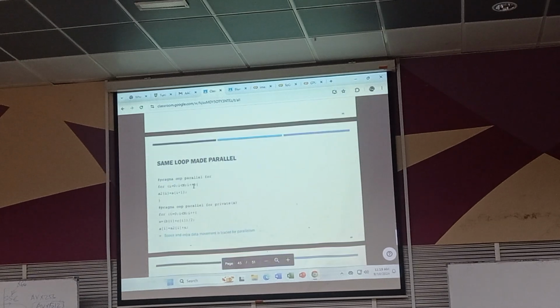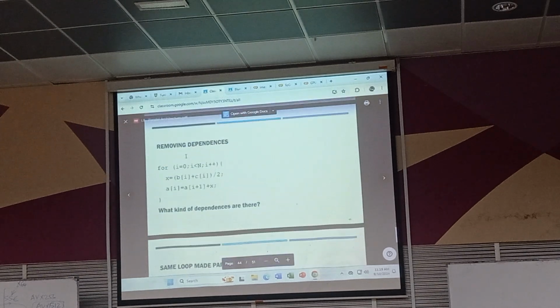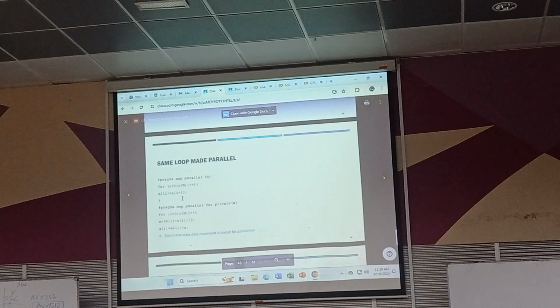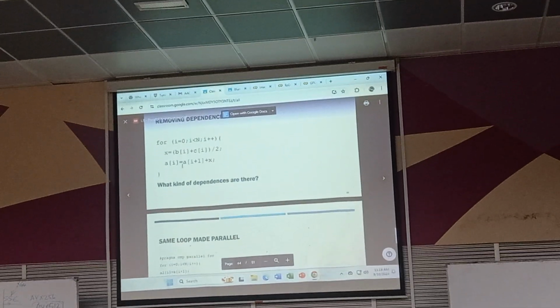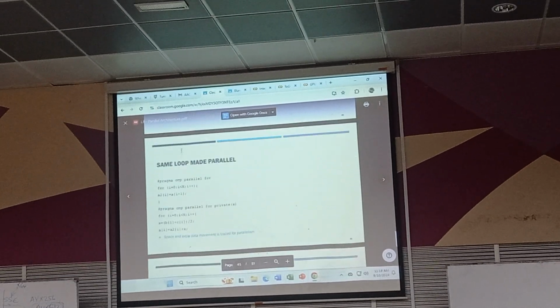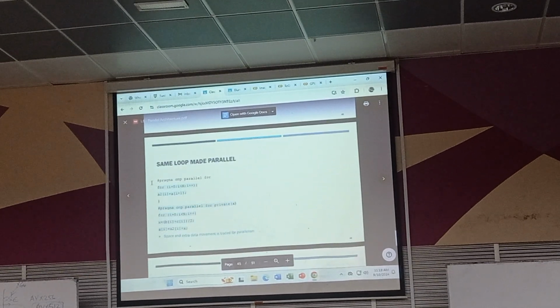So how do you fix that? Here is the dependency, and you can fix it by doing this. If you do this, then you can run in parallel. Actually, there's parallel code here, this parallel for and this parallel. Right now, this one I cannot run in parallel. I cannot put OMP parallel because it will break. But if I want to run in parallel, I have to write like this. I have to do something to it in order